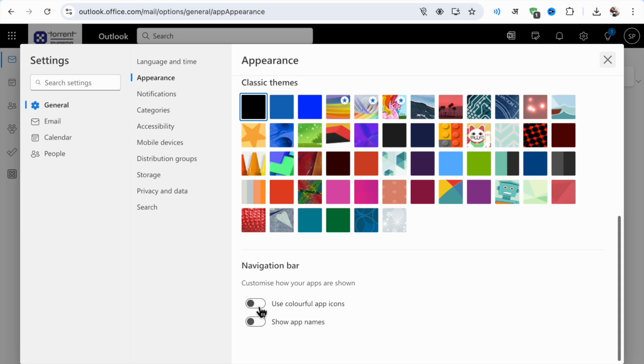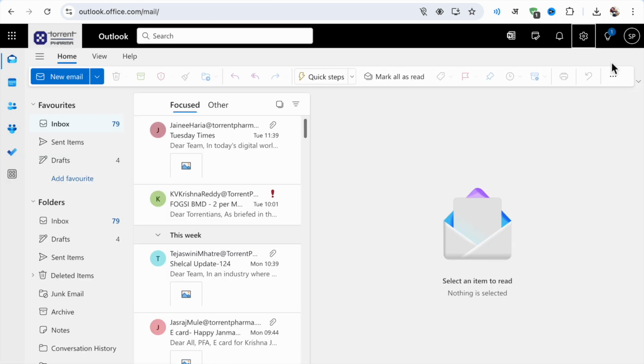Here you can just click on it, and you will see use colorful app icon. Okay, so you will see at the side that the app icon will be colored. And for app names, you can also click on it, so you will see the colored app name also be available. Okay, so I'm going to show you. When you click on save, here you will see the app icon will be colored. Okay, now second is